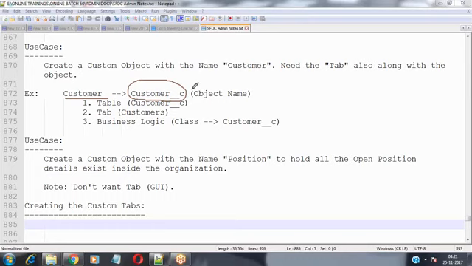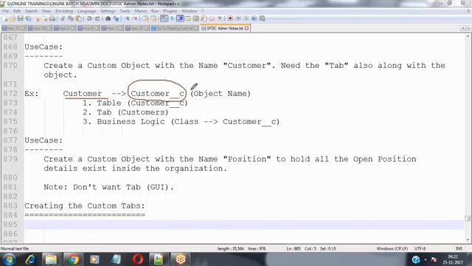Standard objects are those objects which are readymade, given by Salesforce to you by default as part of the Salesforce CRM application, like campaign, lead, account, contact, opportunity, case, solution, order, contract, product, quote. These are the various objects Salesforce has given to you by default. Those are standard, which we can customize, but we can't remove those standard objects from the organization.